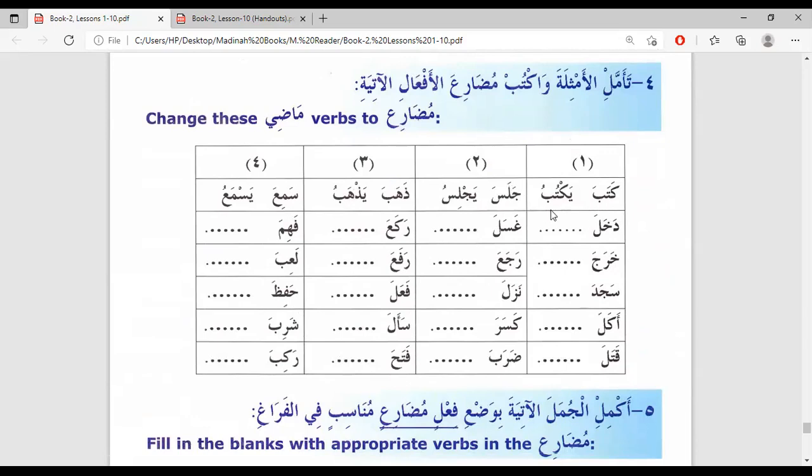كتب يكتب. دخل يدخل. خرج يخرج. سجد يسجد. Excellent. So the second root letter has Dhamma. And you know the meaning of all of them? Kataba, he wrote. Dakhala, he entered. Kharaja, he left. Sajada, he prostrated. Akala,